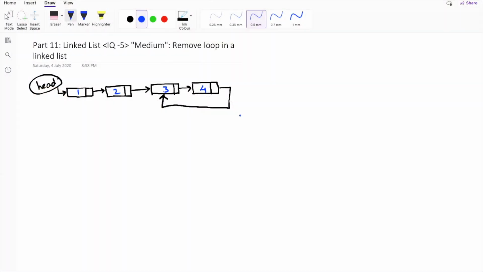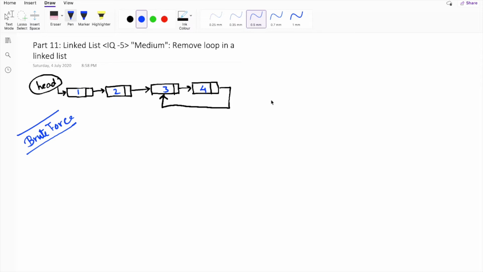First we will start with our brute force approach. If you have watched my previous video, you must know that in my previous solution for detecting the loop, I was using extra auxiliary space in memory to detect the loop in the linked list. So in this solution of removing the loop, here also I will be enhancing that previous solution so that it will be easy to understand.